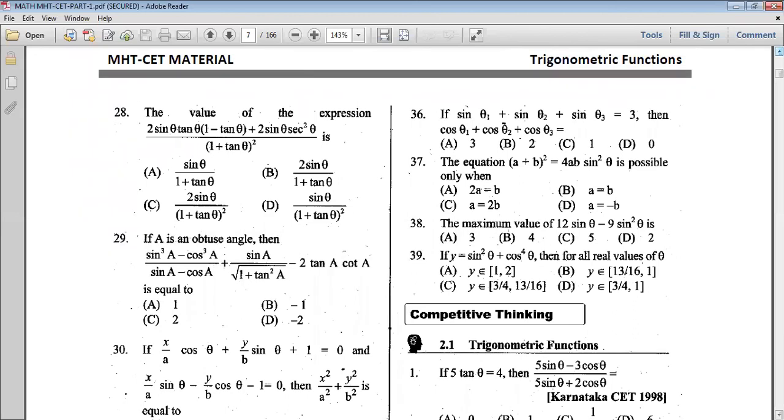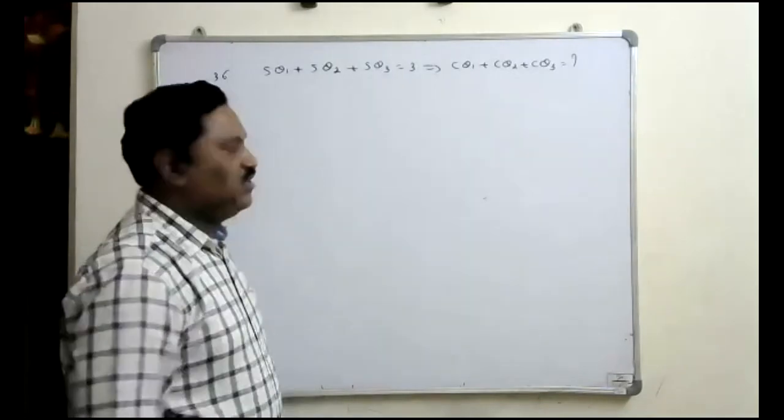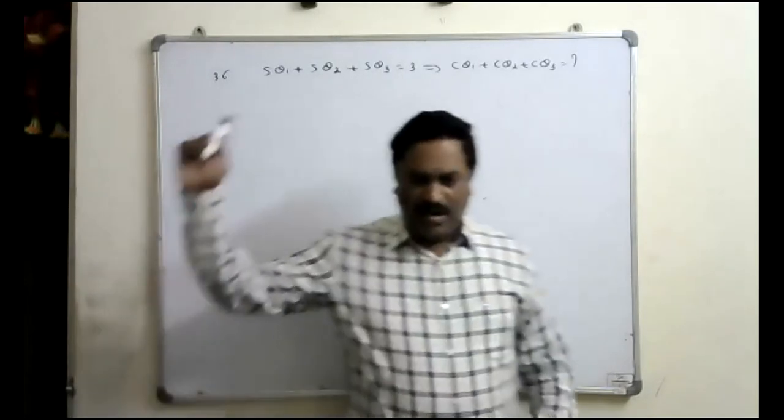Okay. Now look at the 36th problem. It is given that sine theta 1 plus sine theta 2 plus sine theta 3 is equal to 3. Then cos theta 1 plus cos theta 2 plus cos theta 3 is equal to how much? So it is a simple logical question. Just understand that. Here the condition is given, then